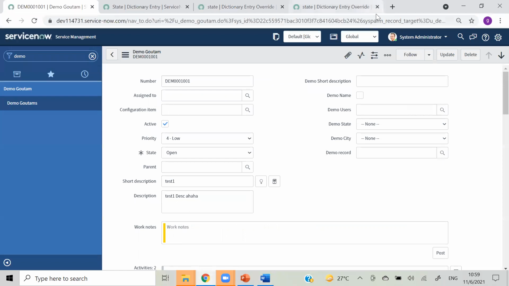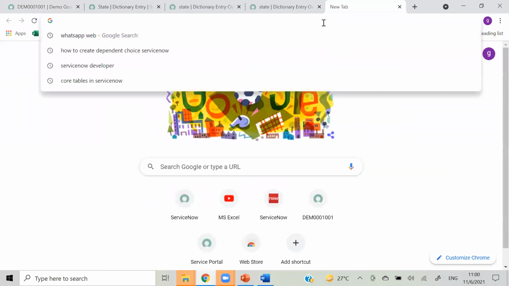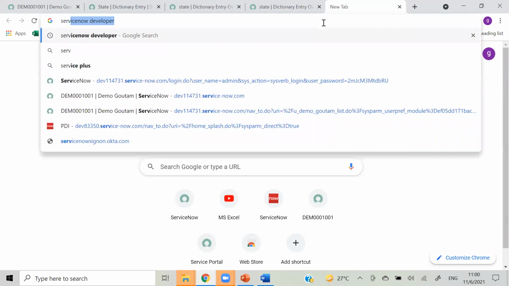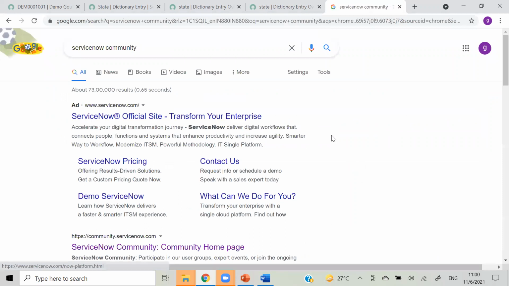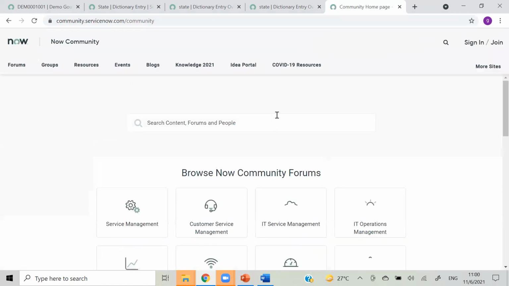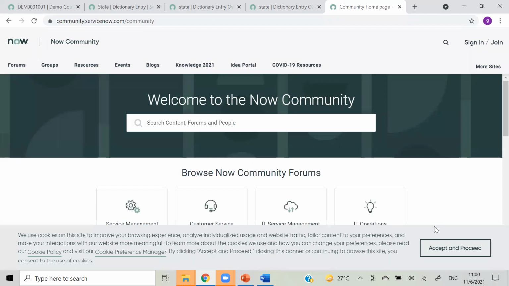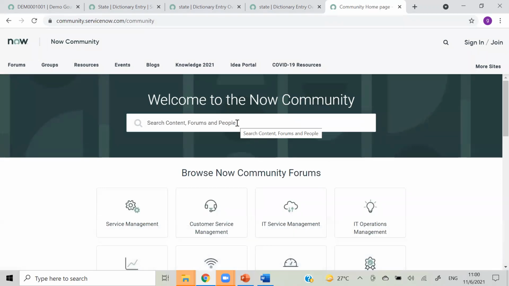And one more thing before going, like in .NET we have Stack Overflow, right? If you have any queries, you can write them there, and you can find all the code. In the same way, ServiceNow has the ServiceNow community. Yes, community.servicenow. So go to this page and you can write any question you have. Like if in a real-time project you are not getting something, you can raise a question here, or you can directly search for something here, like that field is not getting mandatory. Some people will write their answer and you can check from that.